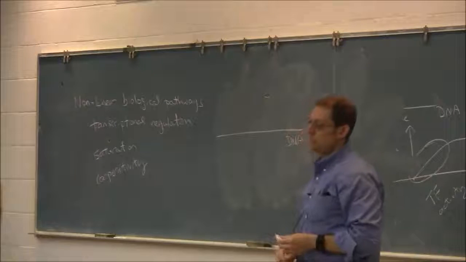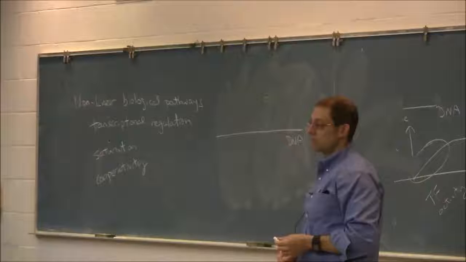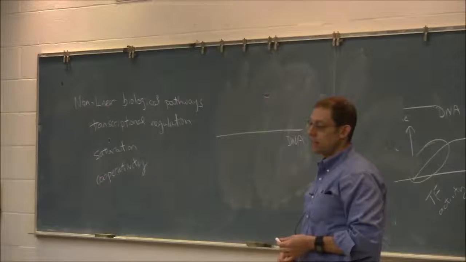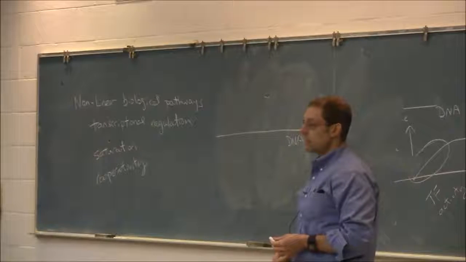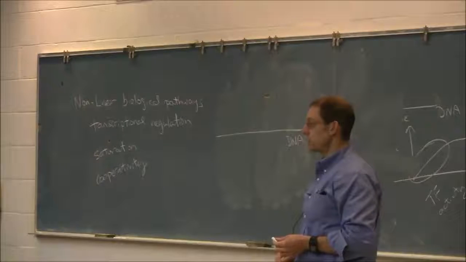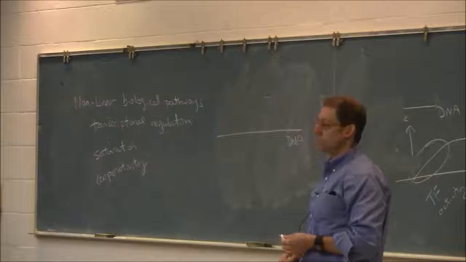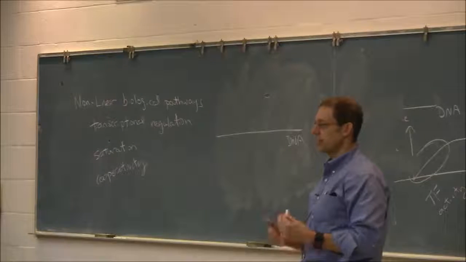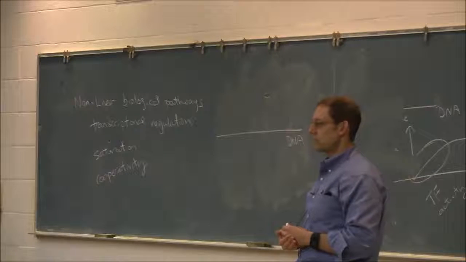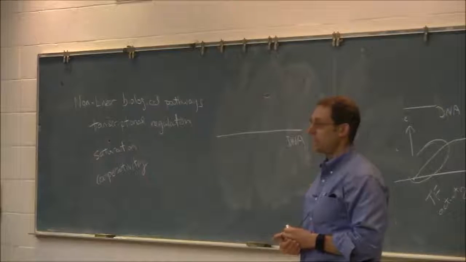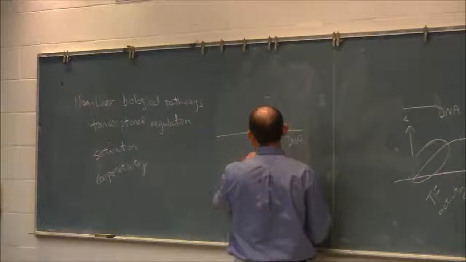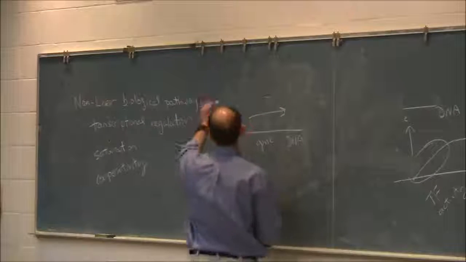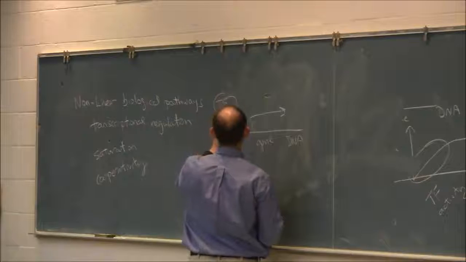So now we are going to look at how much information it takes to turn on a specific gene. So here's our model now. We have a pathway that's been activated, and the cell wants to use this pathway to turn on a specific gene. So often a signaling pathway doesn't turn on a specific gene, it turns on a whole number of genes that then all work together in a second pathway. But to simplify the picture, we'll think about a transcription factor that's going to activate a single specific gene. So here's our gene encoded on DNA, and here's the transcription factor.